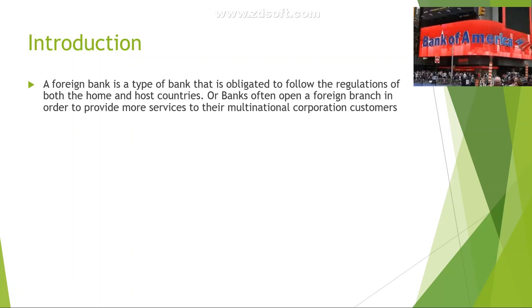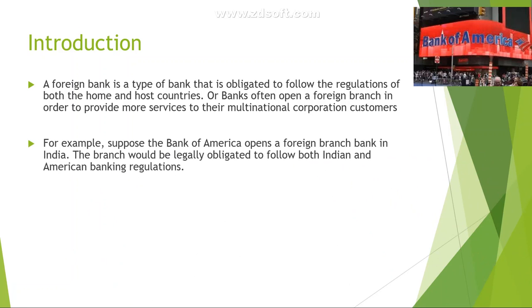Banks often open a foreign branch in order to provide more services to their multinational corporations. So it is having bank branches in different nations for multinational activities, and it establishes itself in different countries, not only the host country.